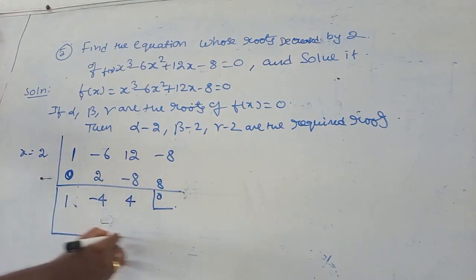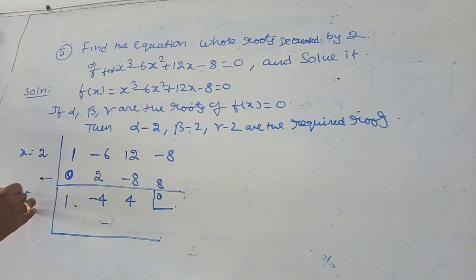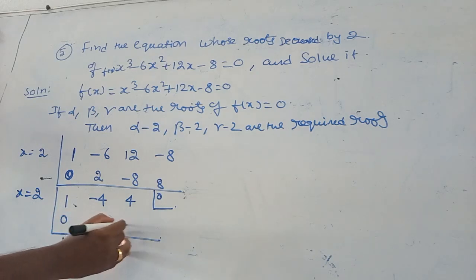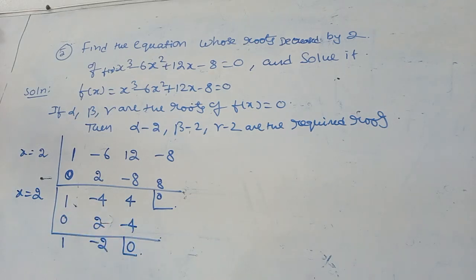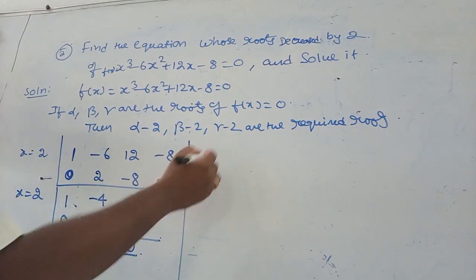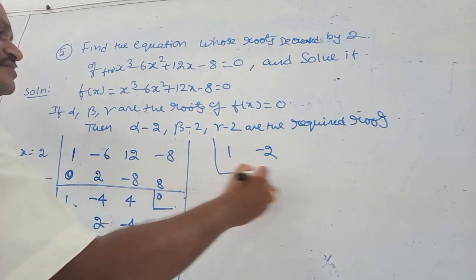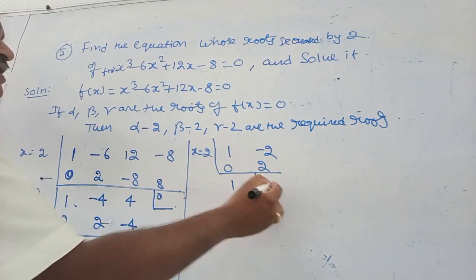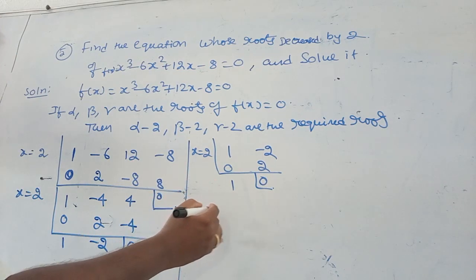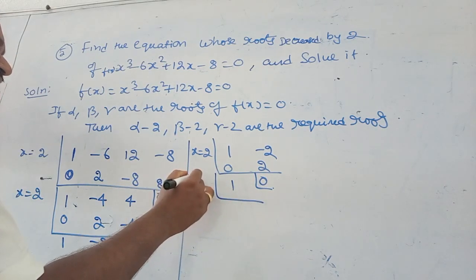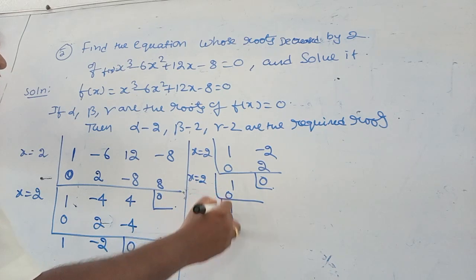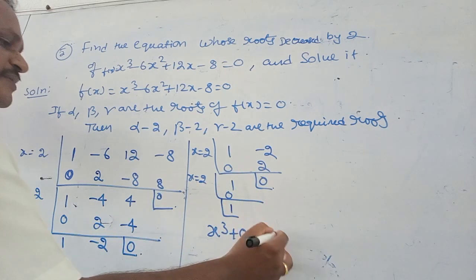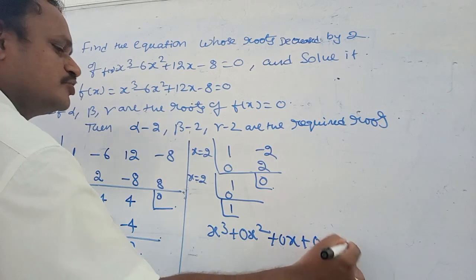And I told you we need to do this successively. Now x is equal to 2 again. 0, 1. 1 into 2 is 2, minus 2. This is minus 4, 0 you have like this. And 1 and minus 2, with x equal to 2. 0, 1. 1 into 2, 0. Therefore here we have got the equation; even if you divide further with x equal to 2, 0 you will have, that is 1. This is now x cube plus 0x square, because the remainder is 0, plus 0x plus 0 is equal to 0.